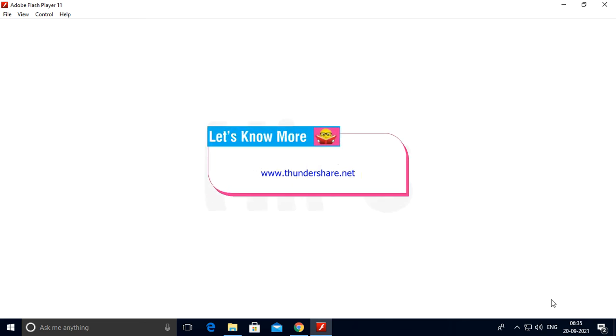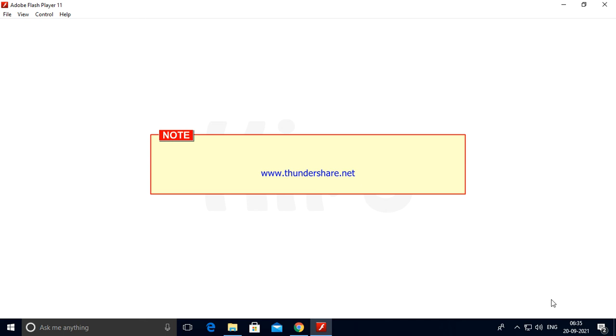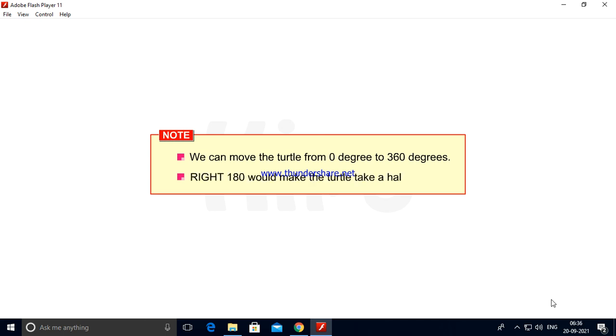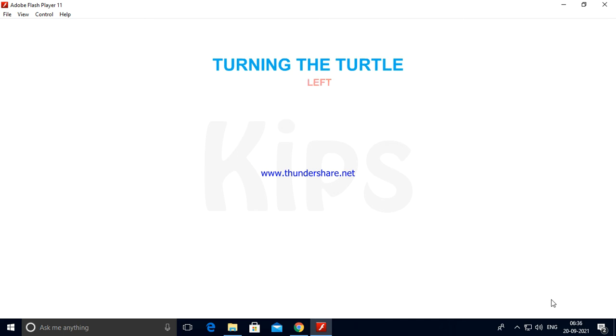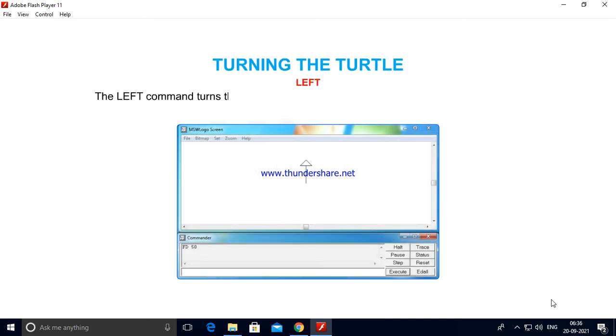Students, let us know more. We can move the turtle forward, backward, right and left on the screen. Students, note that we can move the turtle from 0 degrees to 360 degrees. Right 180 would make the turtle take a half turn. The left command turns the head of the turtle towards the left side, that is, the anti-clockwise direction.